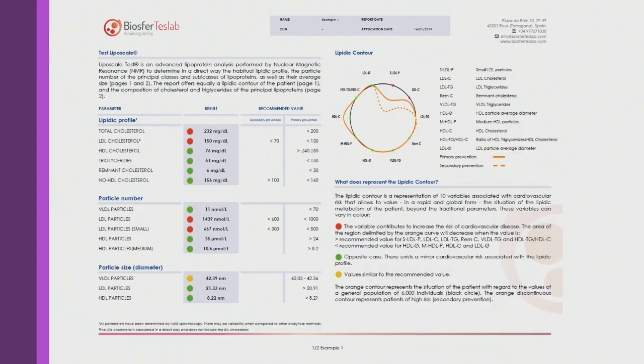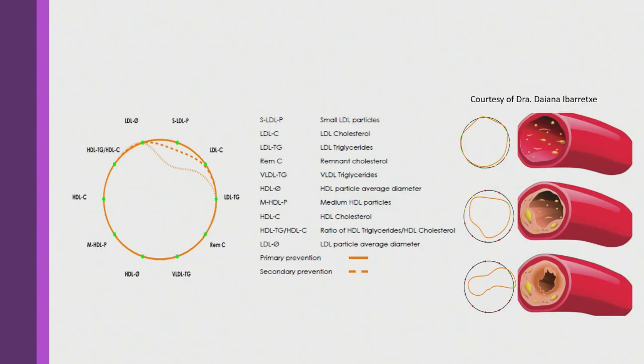And trying to summarize that in an image, we developed what we know as a lipid silhouette. It's a representation that tries to integrate the different parameters that can be associated, including LDL cholesterol, triglycerides in LDL particles, remnant cholesterol, very low density lipoproteins, triglycerides, and size of the different lipoprotein particles. The same individual, or three different individuals with exactly the same amount of LDL particles, can present totally different profiles of lipoprotein alterations. So we have implemented that in clinical settings.